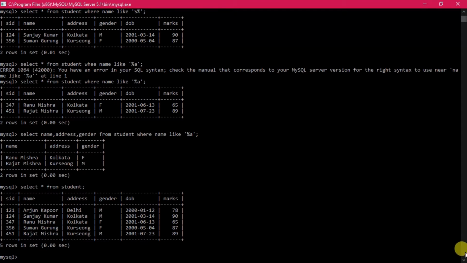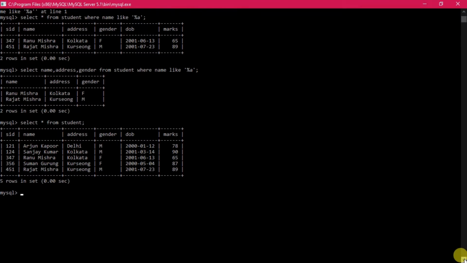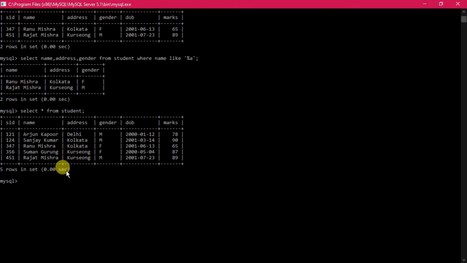Now suppose the query will be done in this way. We have to print the names that start with R and end with A, or start with A and end with R, the same thing, both.